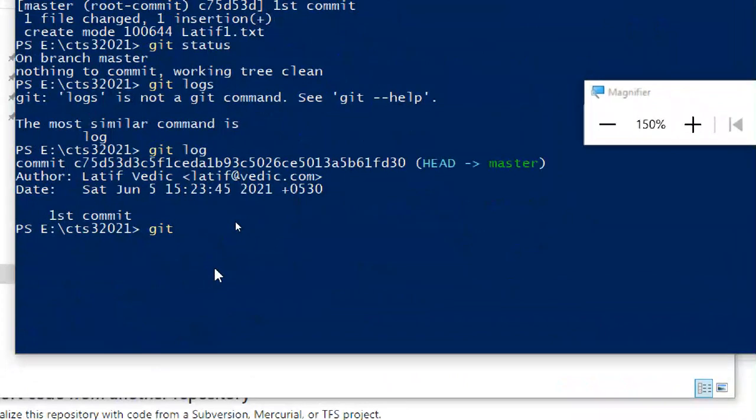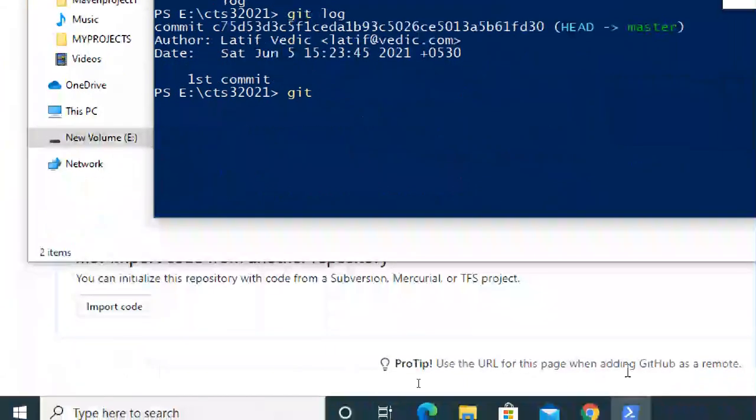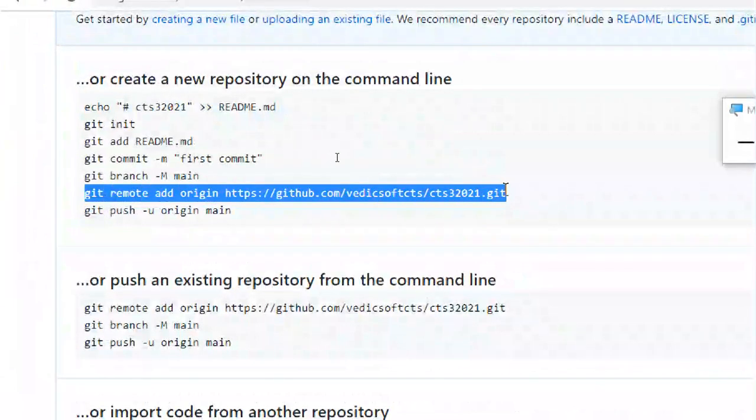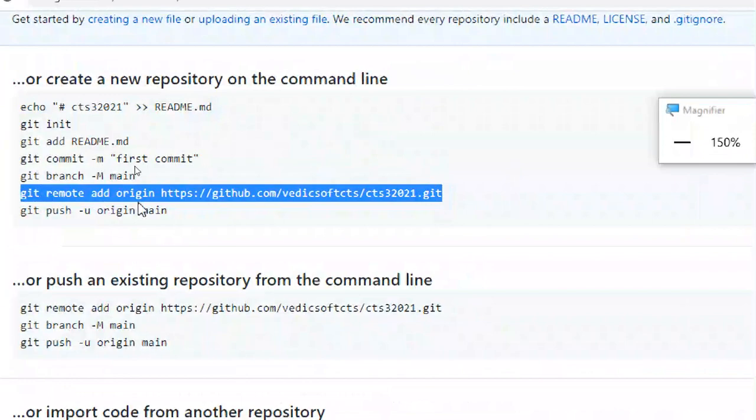How to push it? There are these two commands you have to do. Copy this one.